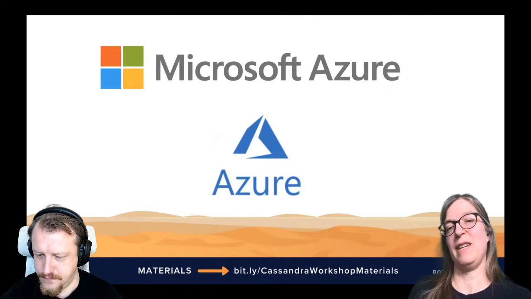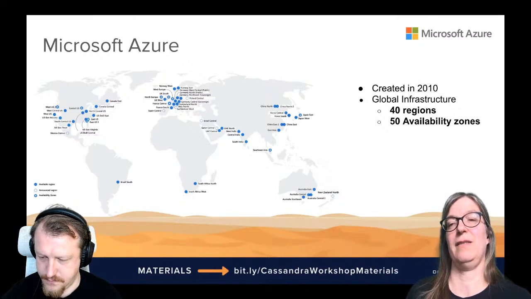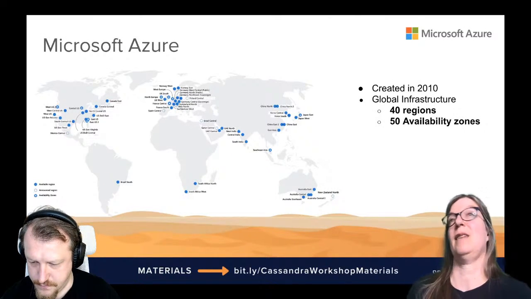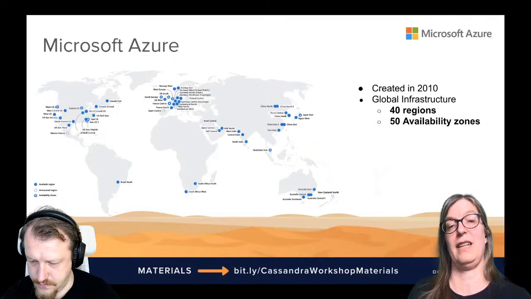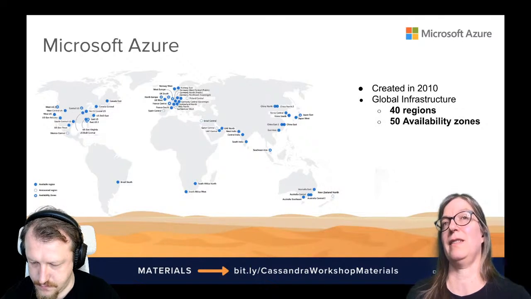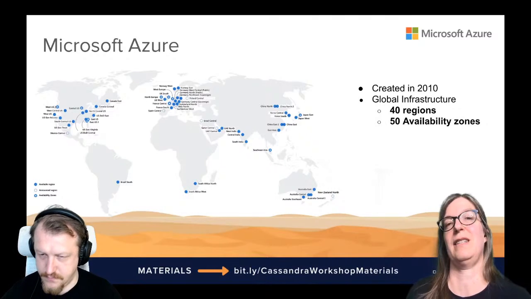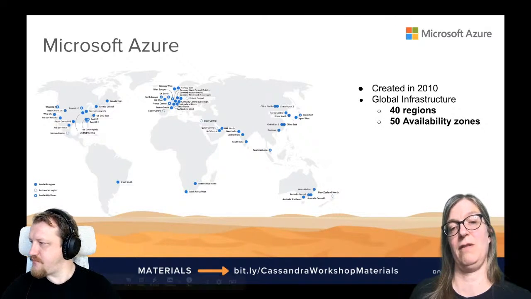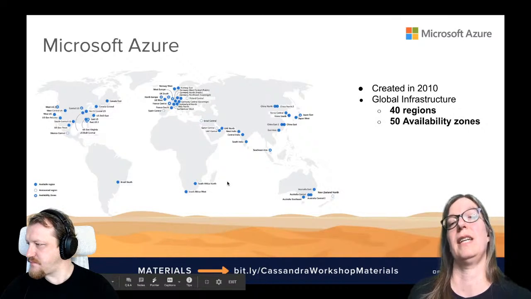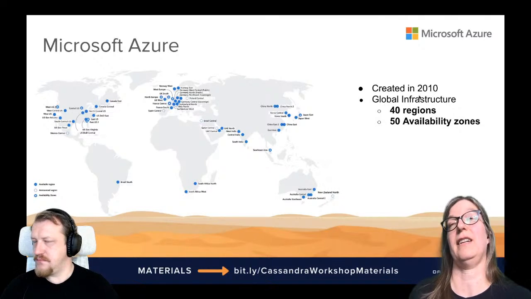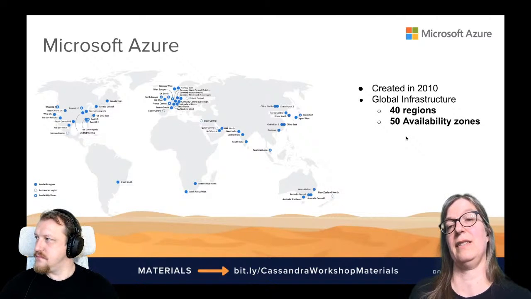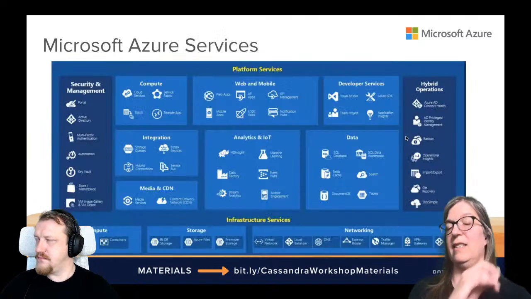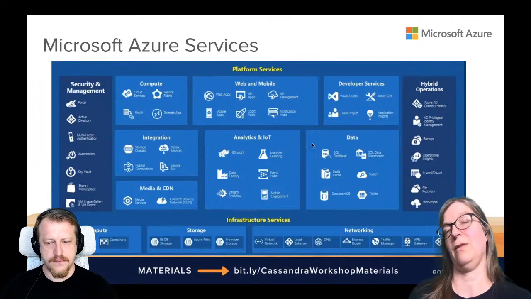Okay, Azure, same picture for Azure. What's the spread, right? What regions, availability zones? It's a similar picture to what we saw with AWS. And in fact, I don't think we will see a significantly different picture for Google Cloud. So this has a little bit more traction in Africa at the moment. It came on later, 4 years after AWS, but it's catching up. The console looks very similar. It looks different, but the function is similar.